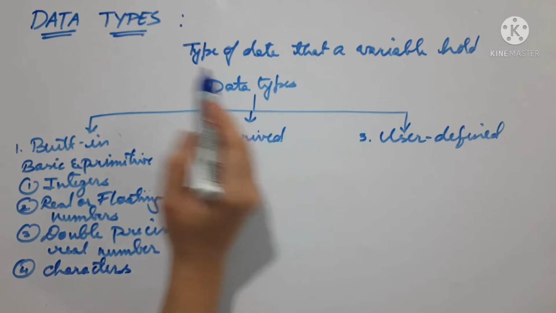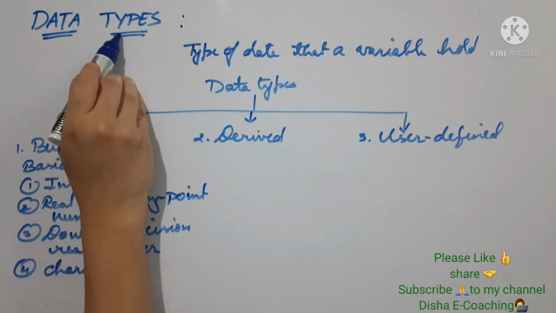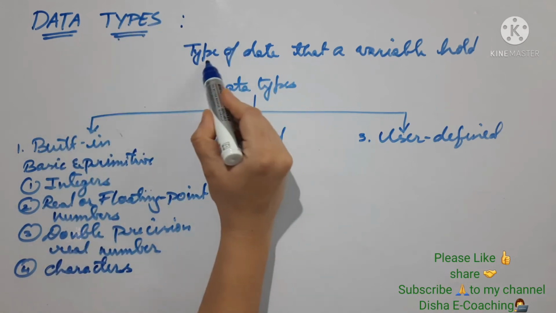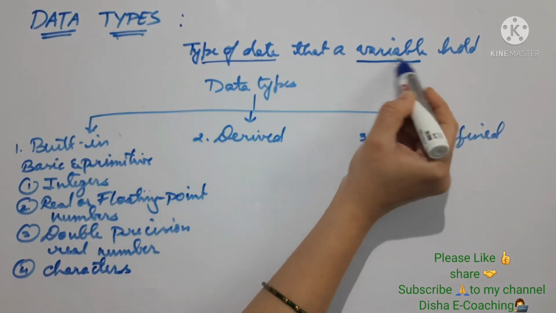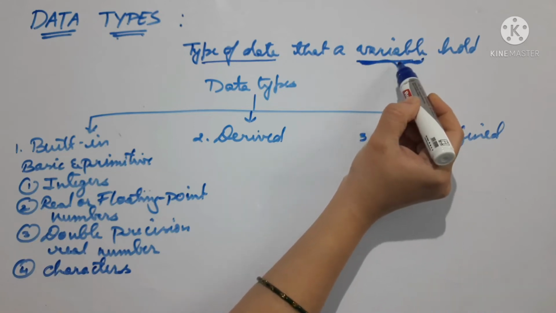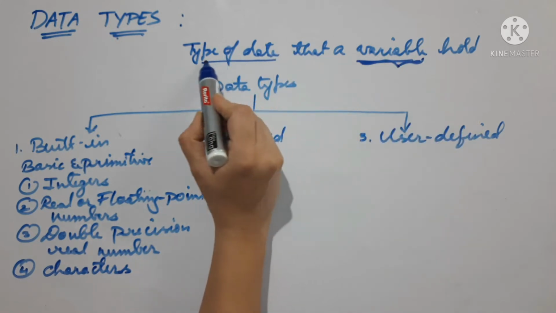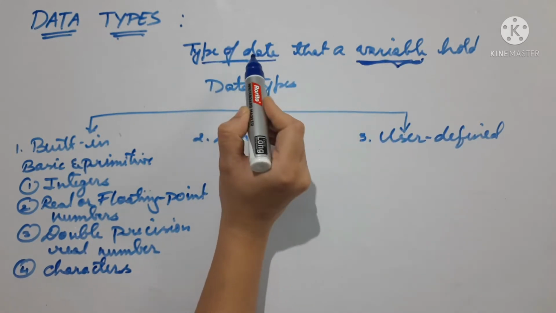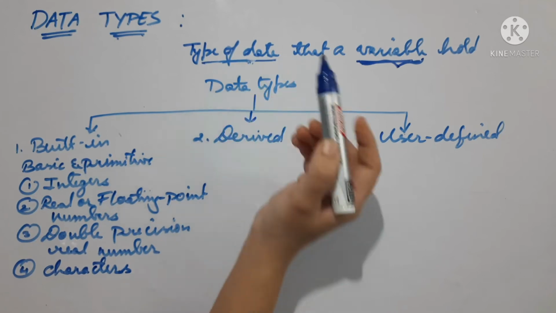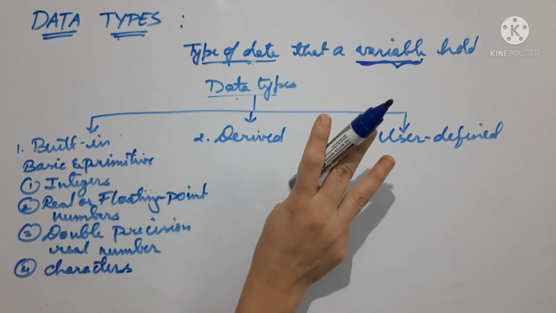Let us head towards understanding the data types in C programming language. So basically, what are data types? The type of data that a variable can hold. Now what is a variable? As we have discussed, it is the quantity whose value changes during the execution of a C program. And we have seen in the syntax of declaring a variable that we have to specify the type of data the programmer is using. So in C programming language, basically the data types are divided into three important categories.